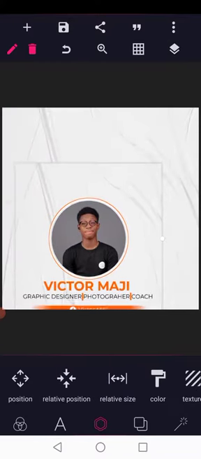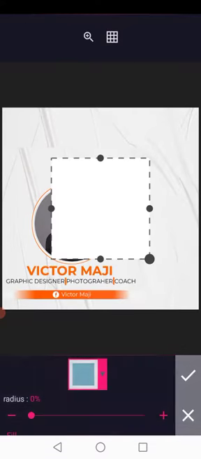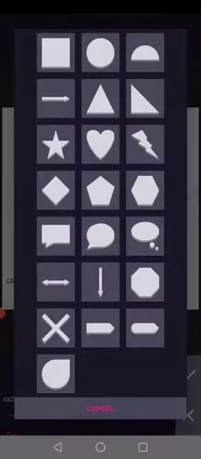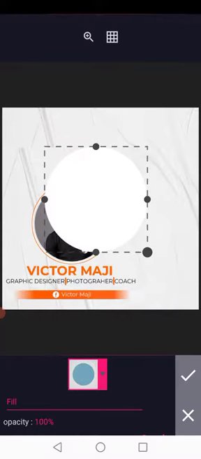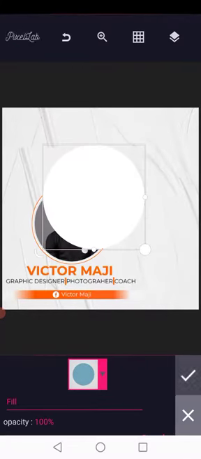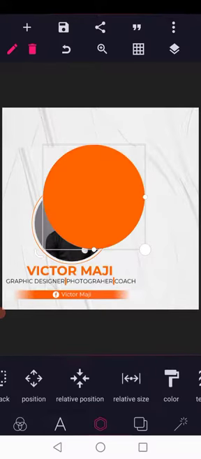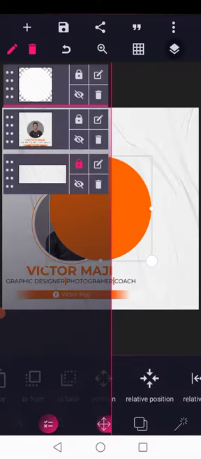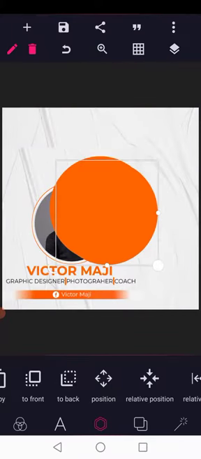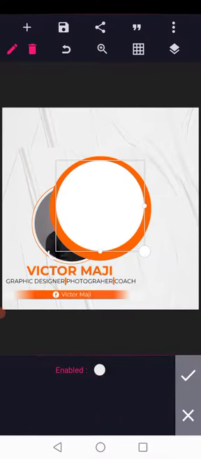Can you see? So the next thing we're going to do now is this circle. The first thing, we're going to pick the first circle, and we'll color it. Let's color it the orange color we use. This we're going to put in the center and in the middle. We will lock it. So after that, we copy it, bring it back here, remove the color, and